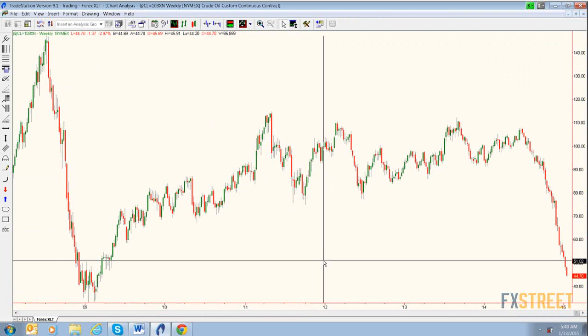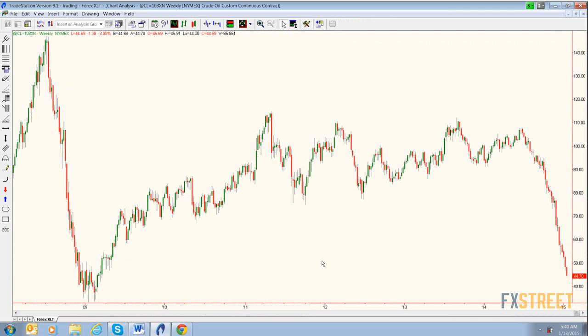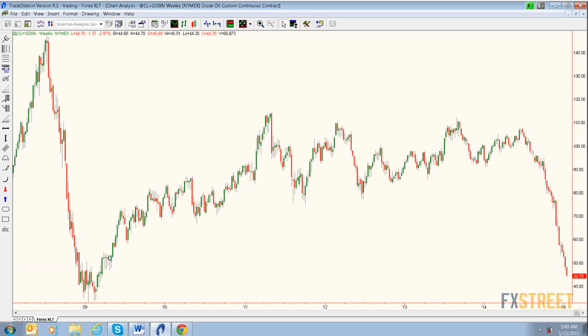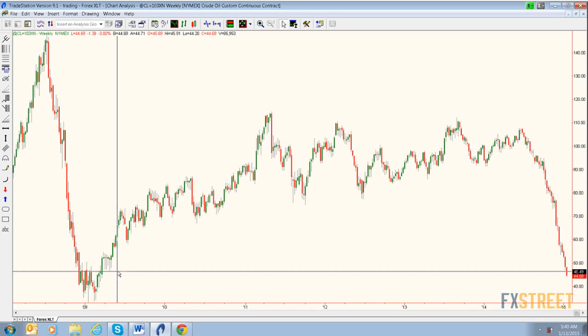Now, remember, we were looking at this market a while back, and we talked about this area down here. But remember, we said be careful with this one, because if you look at all the wicks to the downside, that tells you that there really can't be any demand in here. If anything, the demand is below that. And now price is sitting just below that. So when we go to the daily,